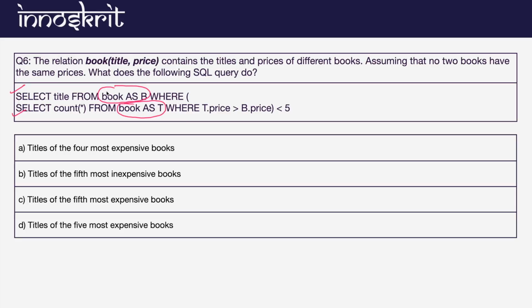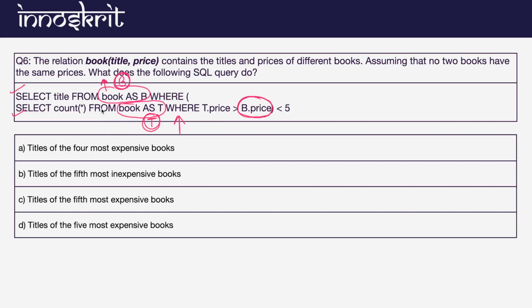But in the outer query you are taking this book as B, and in the inner query as T, and in this inner query you are using an attribute of the outer query, B.price, and B is the outer query table. So there's a difference between the previous query and this query.